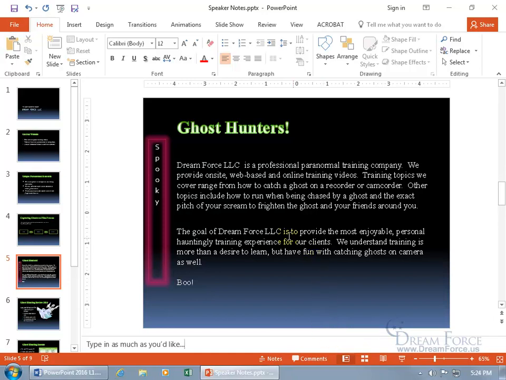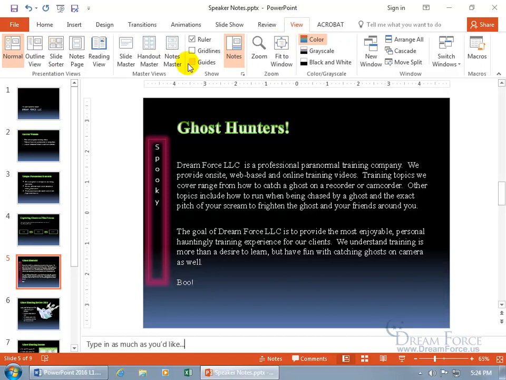It'll have a picture of a slide, and then below that all the notes, but not in a one-line viewing format. It'll show us multiple lines. It'll show us a big text box. In fact, let's go to it right now. Come up here, click on the View tab, go to the Presentation Views group, and, well, that's the normal view